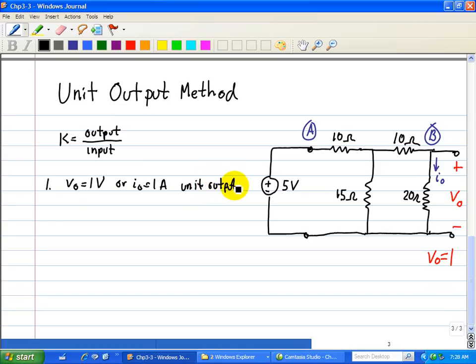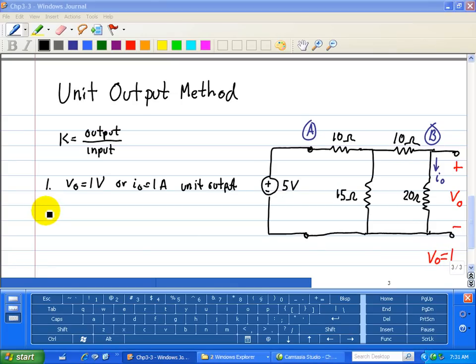involving this. Now this unit output method is useful for ladder circuits such as this, and notice I already put VO is equal to 1, and then we're going to work our way back to our input voltage to see what input voltage will provide us with an output of 1. So in our second step, we need to find the input